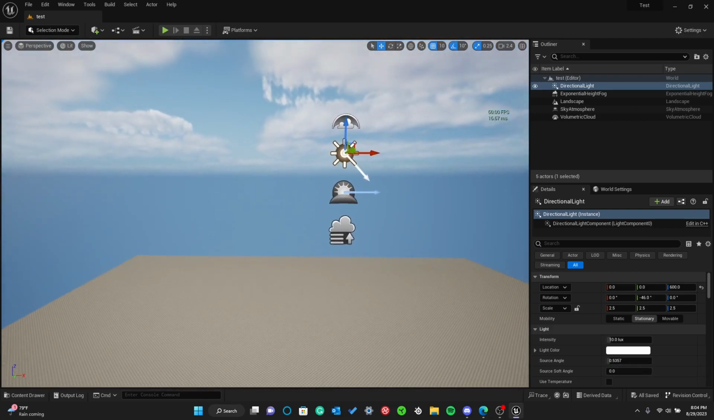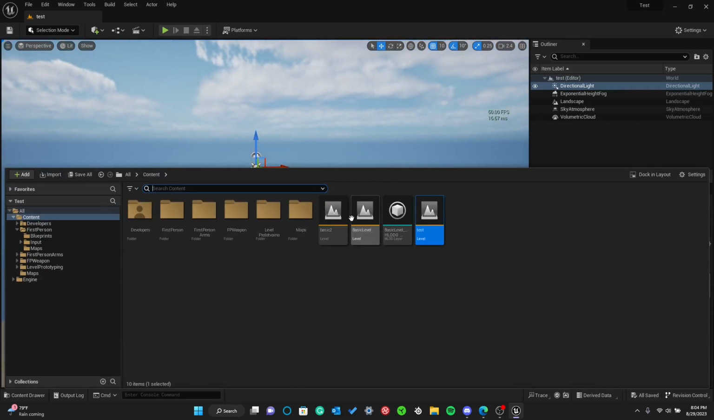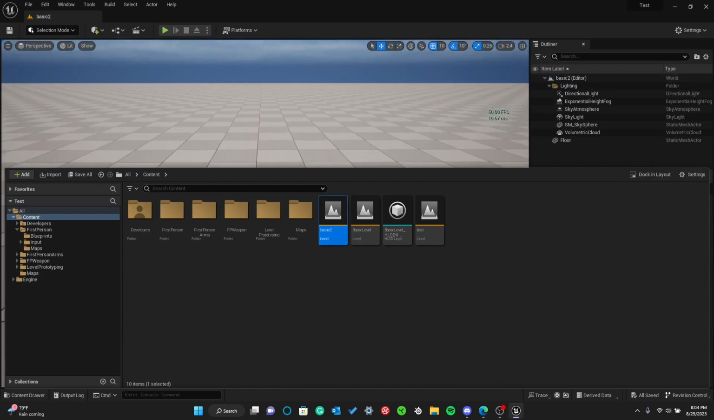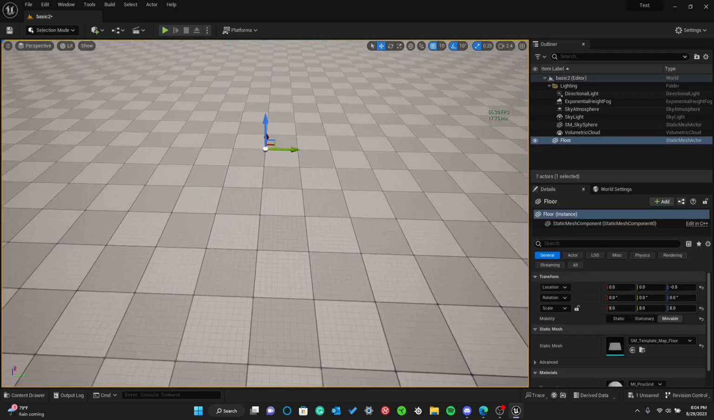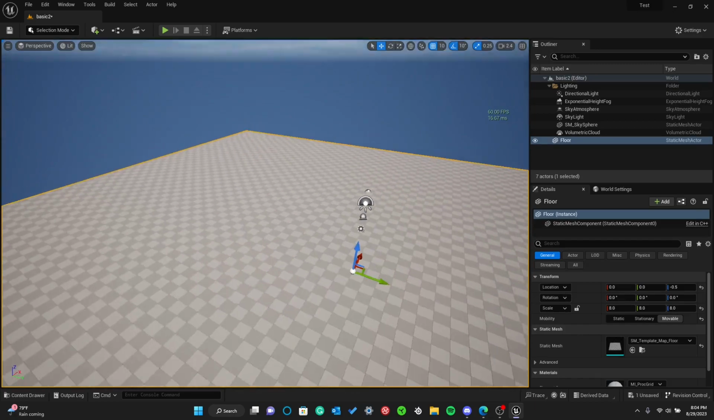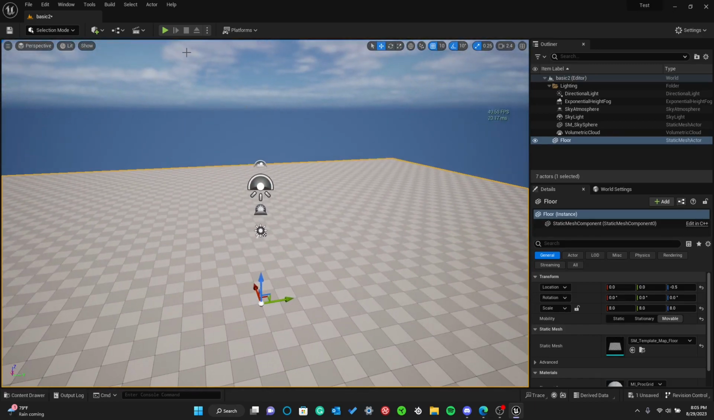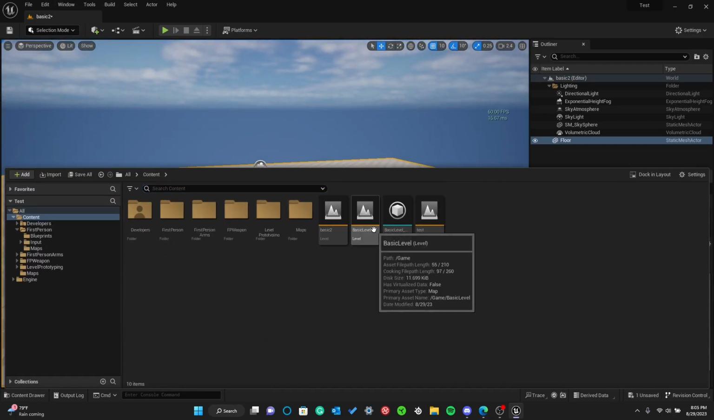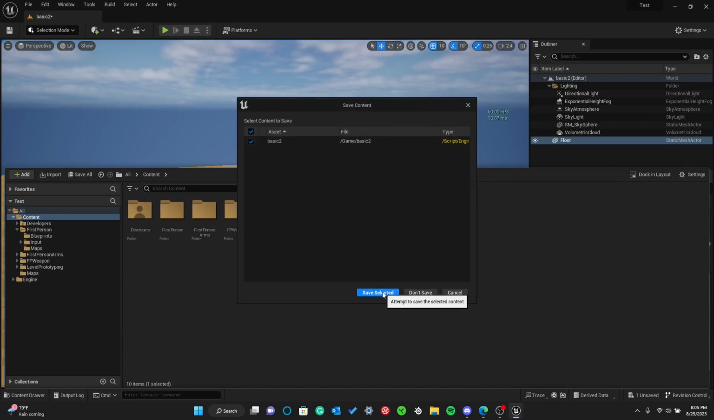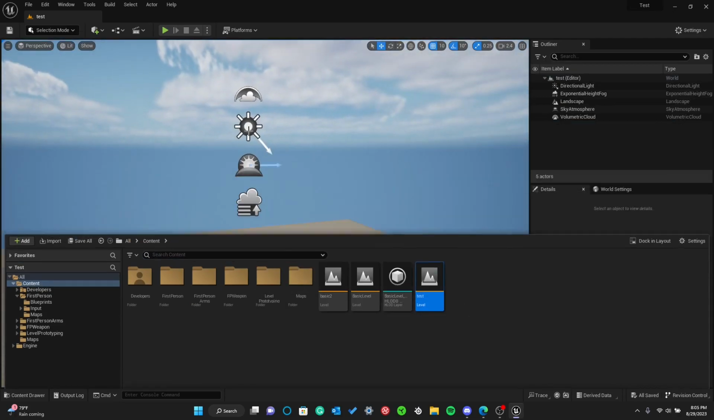But yeah, this is the exact same thing as your basic level, except this is more squares for some reason. I don't know how they did that, but it's the same thing. Has all your visual elements that you need. Now, once we're in here,